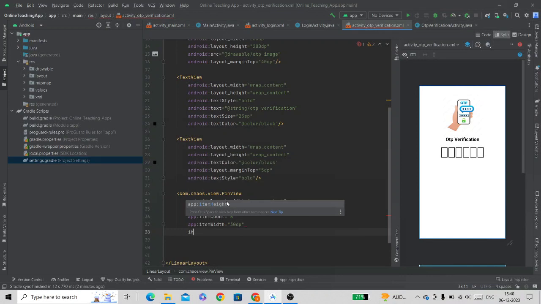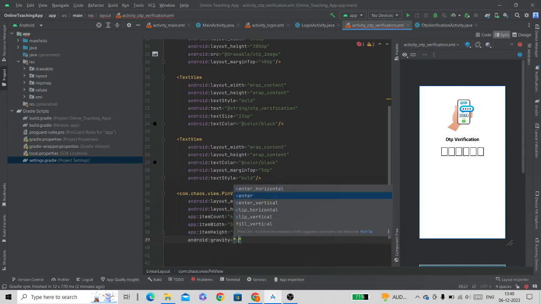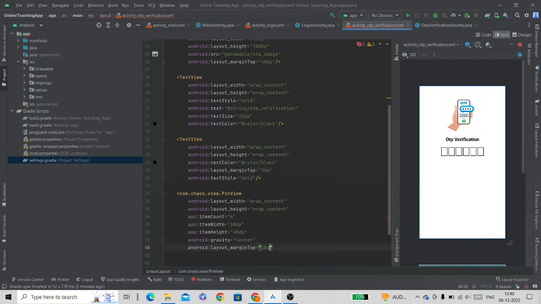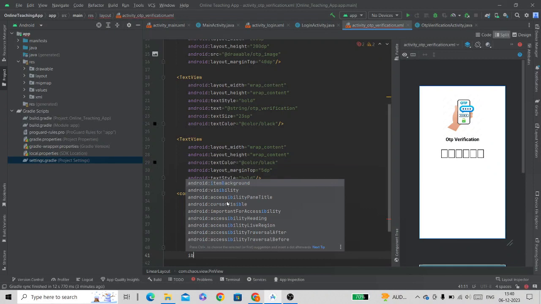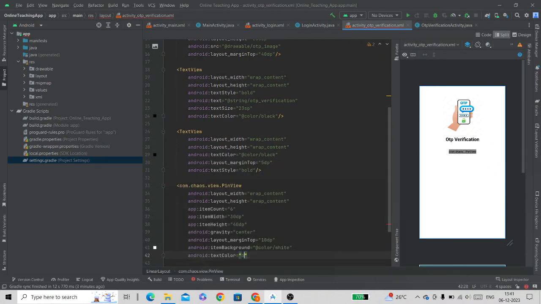and item height 40 dp. Gravity center, layout margin top 10 dp, item background color white, text color black.